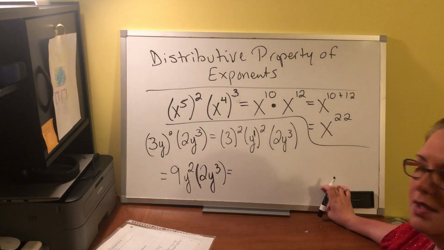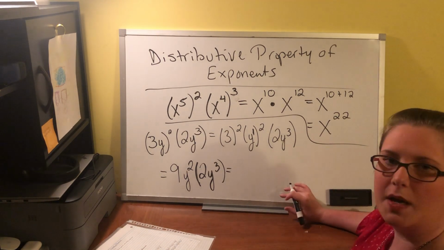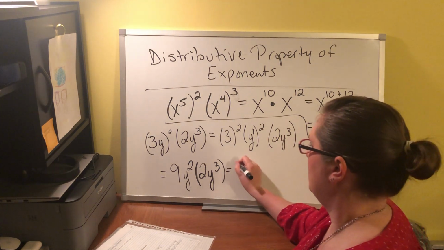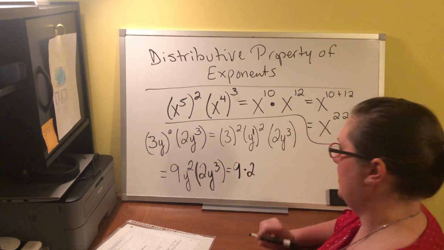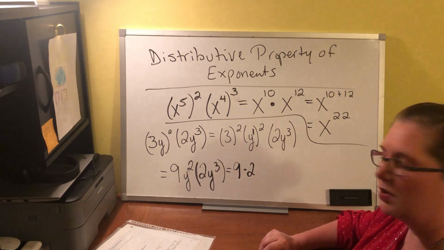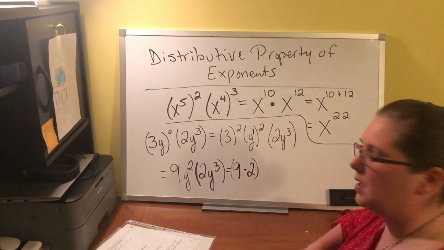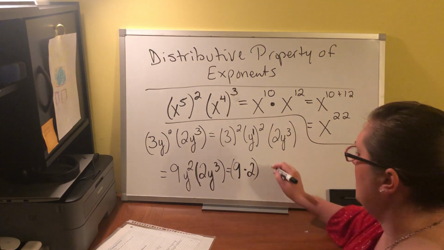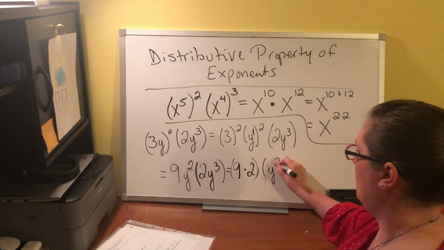Multiplication of whole numbers doesn't change, okay? You're always going to multiply whole numbers the same way. So you're going to go ahead and multiply the 9 times 2. That does not change. We also now have y squared